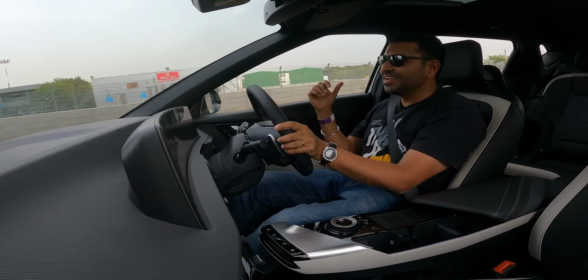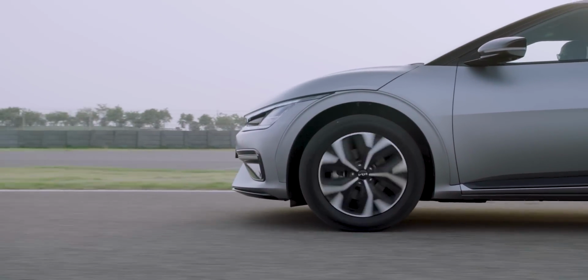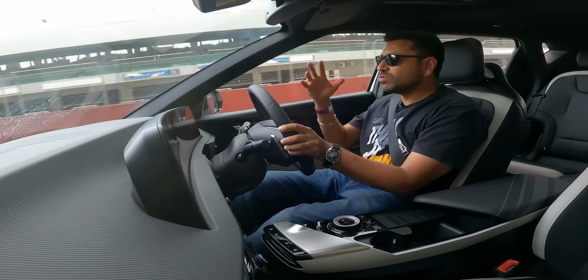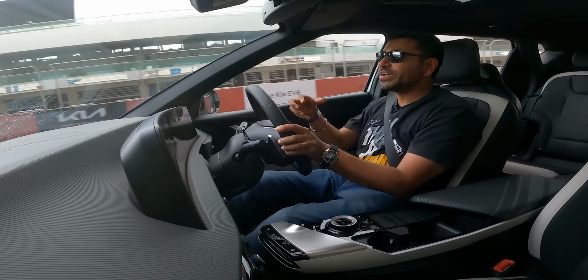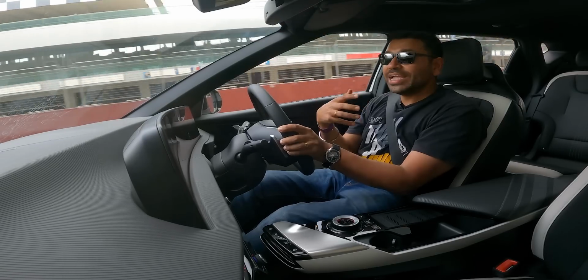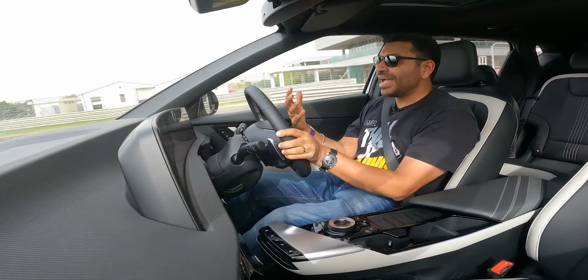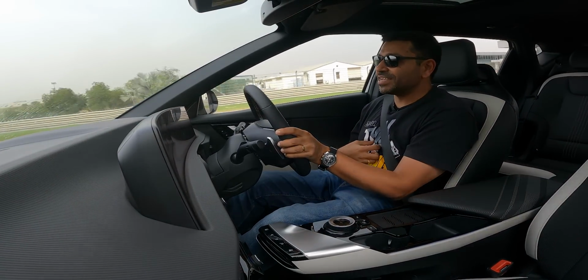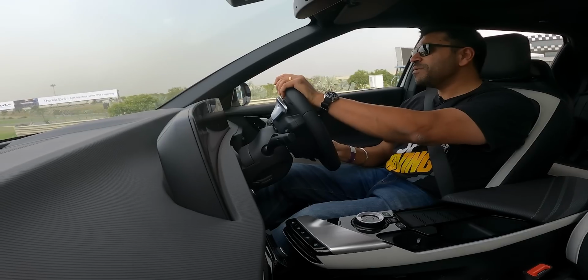I love doing that. And that's the thing with electric cars, the instantaneous response. It is just immediate. You step on it and it goes like a rocket. And especially in sport mode, the reactions are really quick. In fact, it takes some time to get used to the instantaneous reactions. At first, I was actually making myself sick because of the immediacy of the power response, the immediacy of the